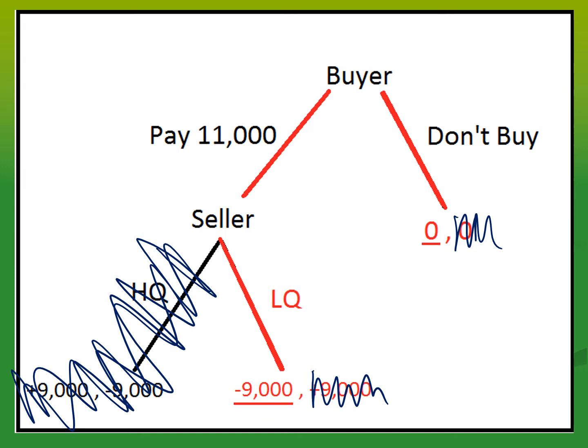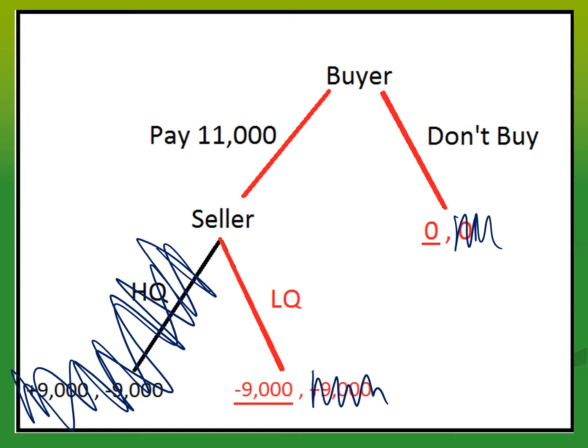So in this situation, we start to see the logic of the market for lemons. If we just go with an expected value as the price, then only low quality cars would be offered by the seller, but then the buyer wouldn't purchase them. If the buyer offered any price above $11,000, they clearly wouldn't want to make these transactions either, because the seller is just going to sell the low quality cars even more so. And so we're going to have worse than negative $9,000 here. But if we go less than $11,000, we get closer and closer to this being a more reasonable option, with negative 9,000 getting closer and closer to 0.